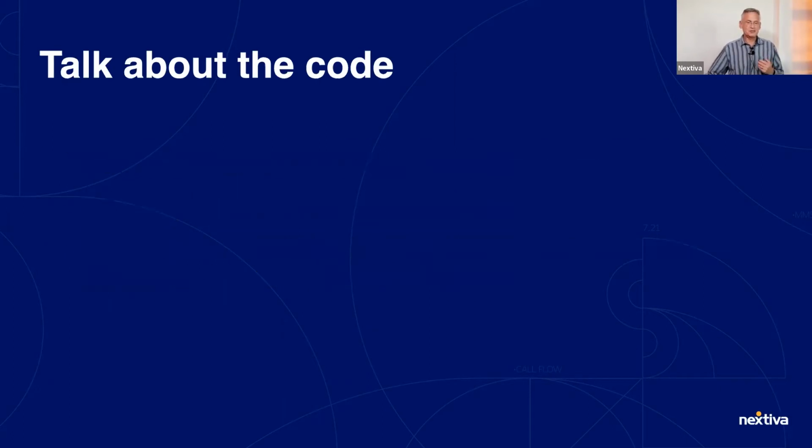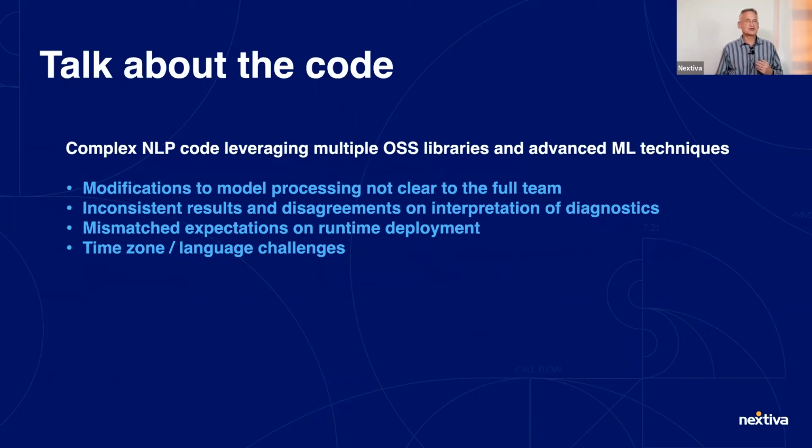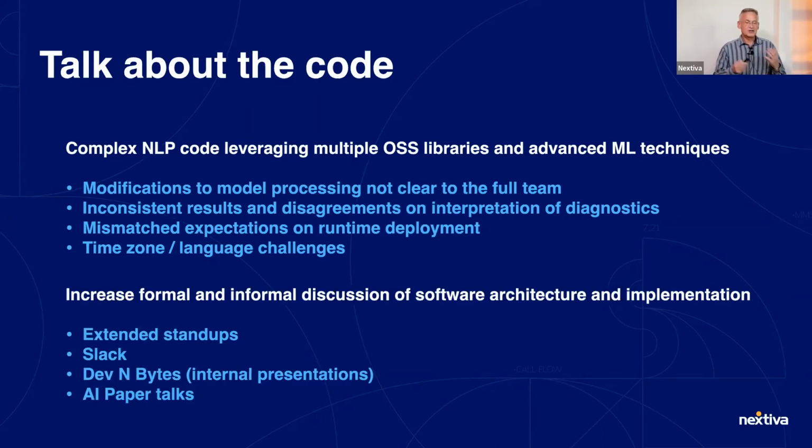Okay, simple example, sort of close to home here, where we have a massive, complex set of NLP frameworks and technologies that are being wired together to deliver capabilities that we want to bring to market. And it's really hard because there's so much of it, and it's also variegated. So the answer there is we spend time.